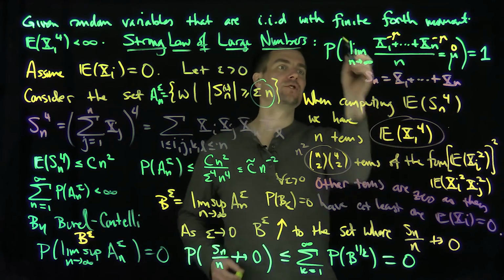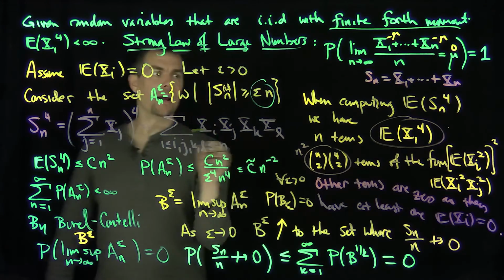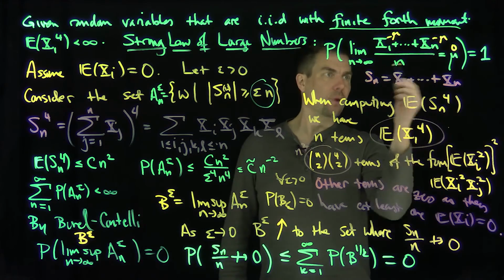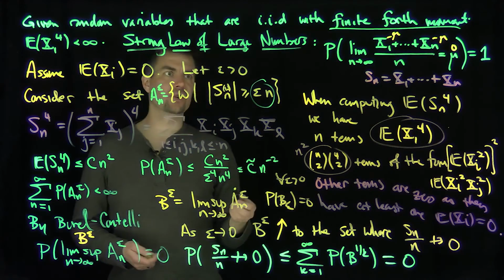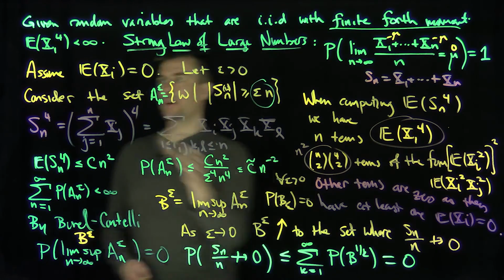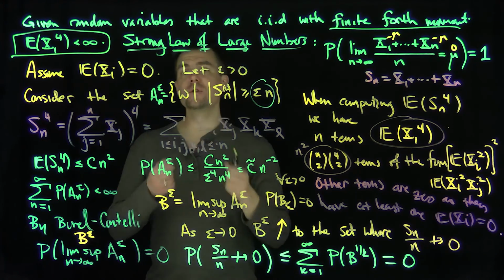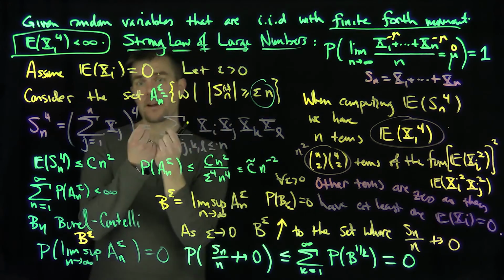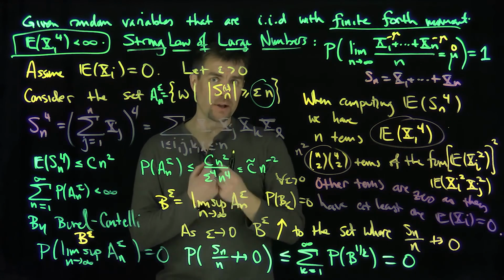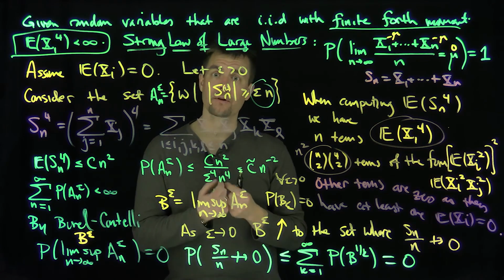Now, notice over here I've assumed finite fourth moment. And of course, the question becomes: can I loosen this restriction a little bit? The answer is yes. We can actually loosen this restriction all the way to saying it has a finite first moment, but we need the Kolmogorov maximal estimate to do that. And we'll see that in further videos.